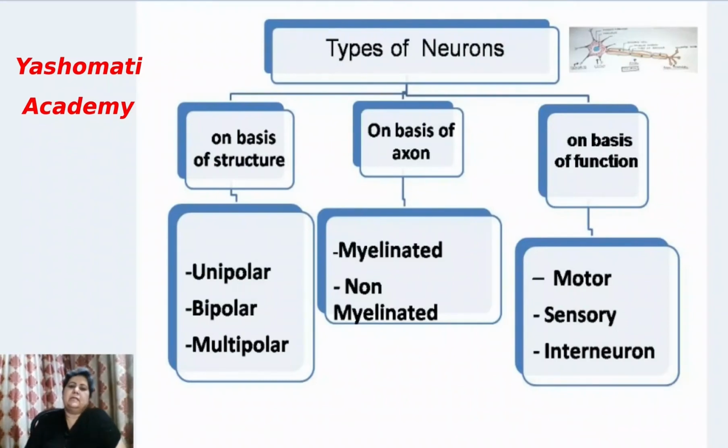Main function of central nervous system is to understand the stimuli and form the responses, and main function of peripheral nervous system is helping the organism's body to be connected to the central nervous system. In central nervous system, we have studied two organs, that is brain and spinal cord. Brain has the most important functions of understanding, reasoning, memory, and such kind of functions, whereas spinal cord is more related to reflex actions.